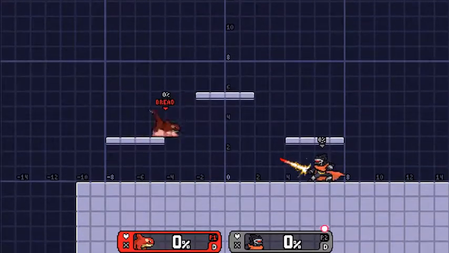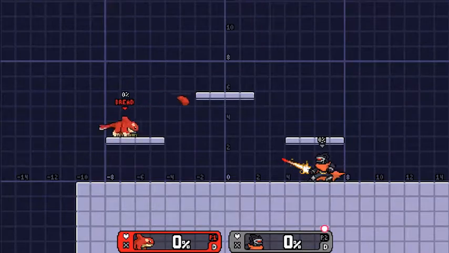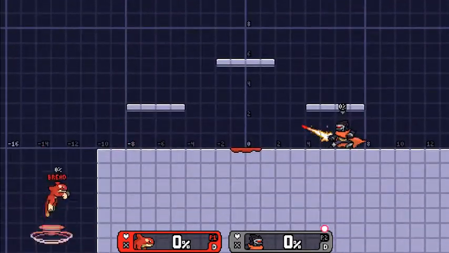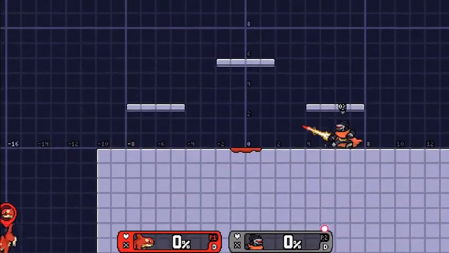In my case, I have it set to the triggers. So I can absolutely Orca Hop without going to puddle, which means I now have the mix-up to either puddle